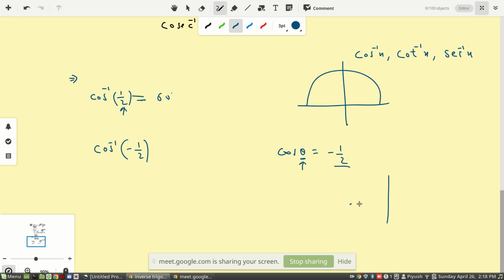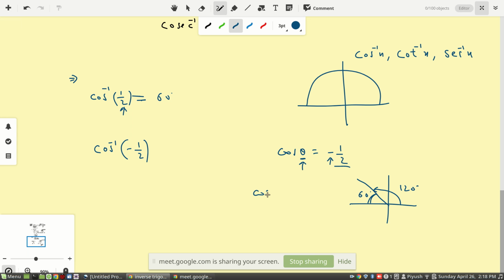So we can say cos will be here, because in the second quadrant cos is negative, and the angle should be measured from the x-axis. So the angle we have to take is 60, because cos 60 is 1 by 2, and since it is in the second quadrant, cos is negative, so that's why the negative is coming. I'm doing it in a sort of opposite way. This 60 degrees can also be, the actual angle is 120 degrees.